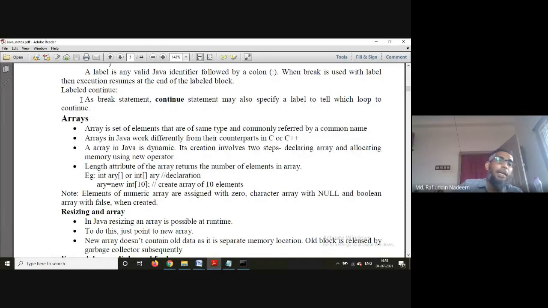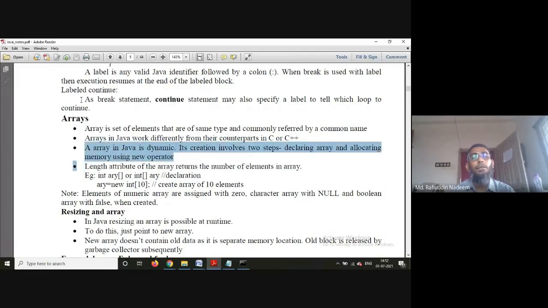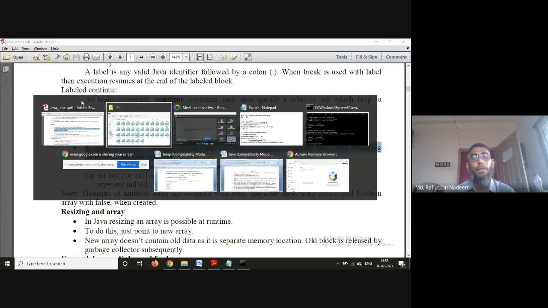So a Java array can be dynamic. Creation involves two steps. First, declaring an array, and then allocating memory using the new operator. It's not done at once. It is a two-step process where first of all we declare an array, then the memory is allocated using the new operator.